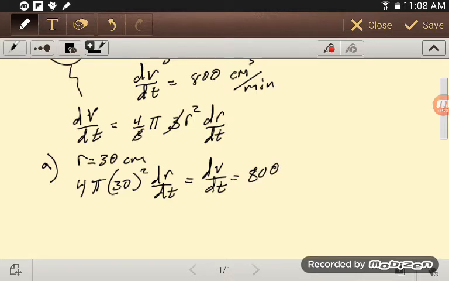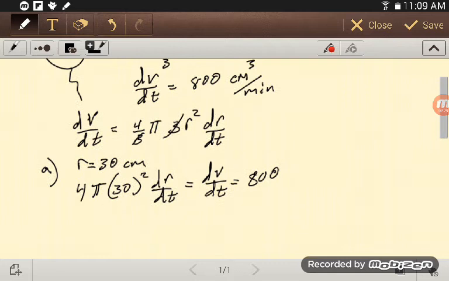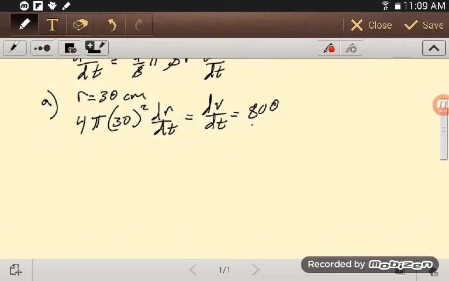And so if I divide both sides by these constants, 800 over 4 is just 200, so I get dr/dt